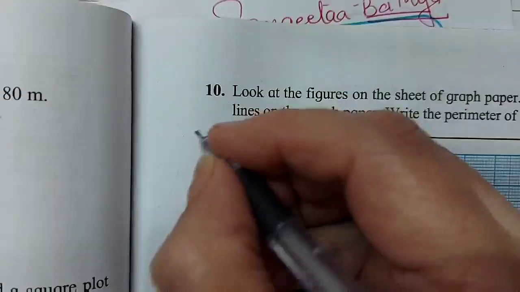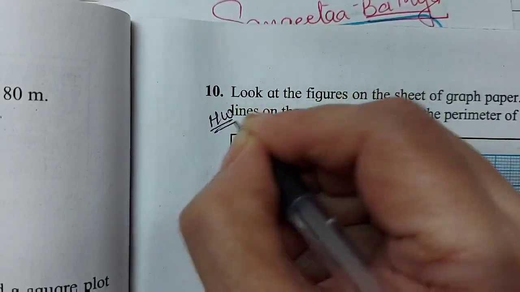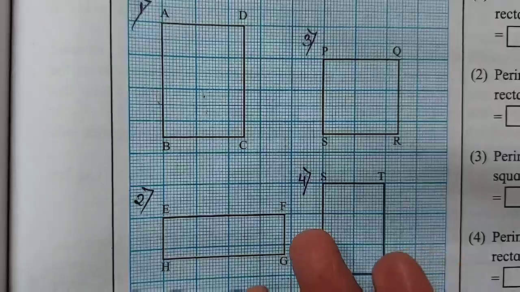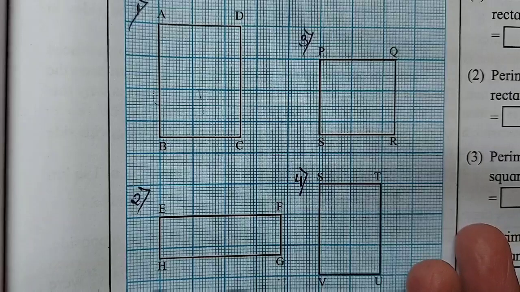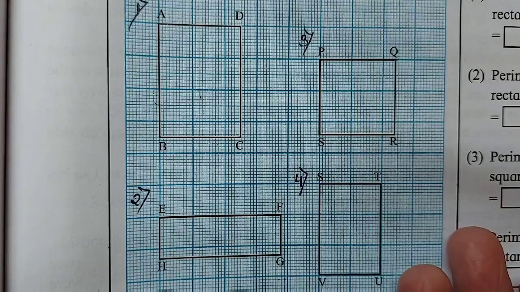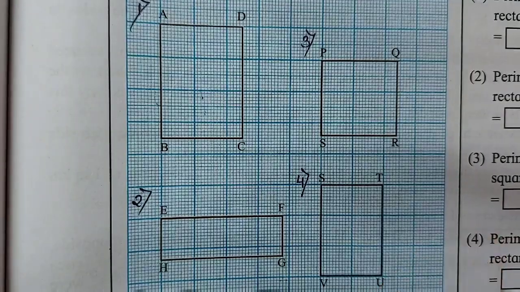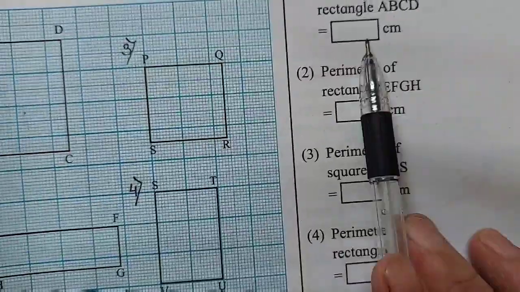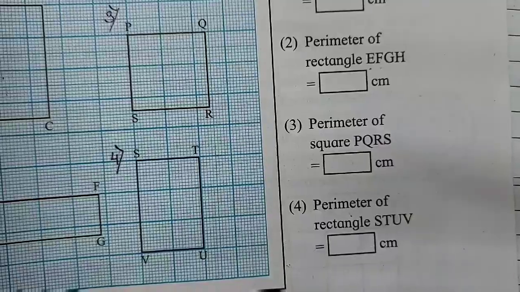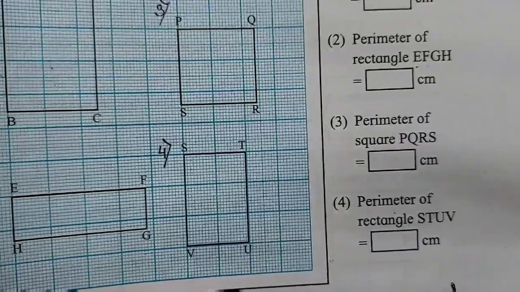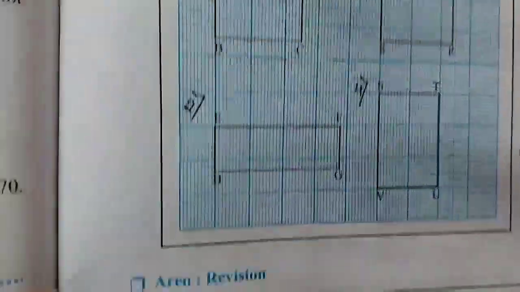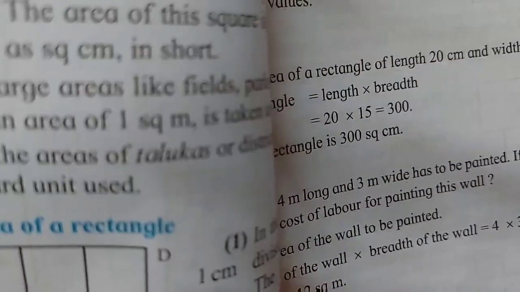So the 10th sum is also homework. This you have to measure on your own and then add. Right children? It is easy, no? Everybody can do it. Take a scale, measure the figures given and then write the answers here in the textbook itself. Okay children? I hope you all have understood. Along with this, we have completed problem set number 49. Thank you.